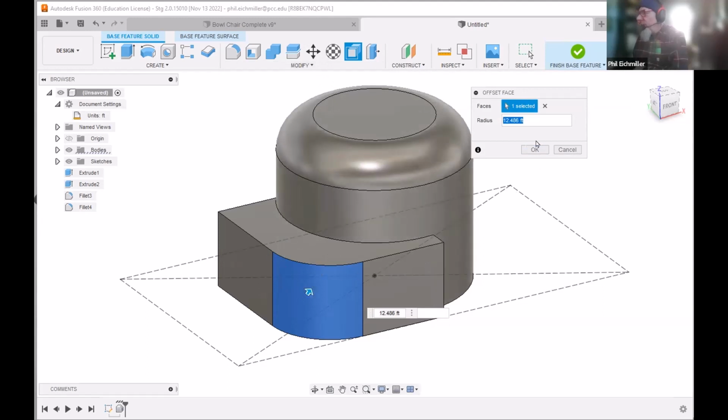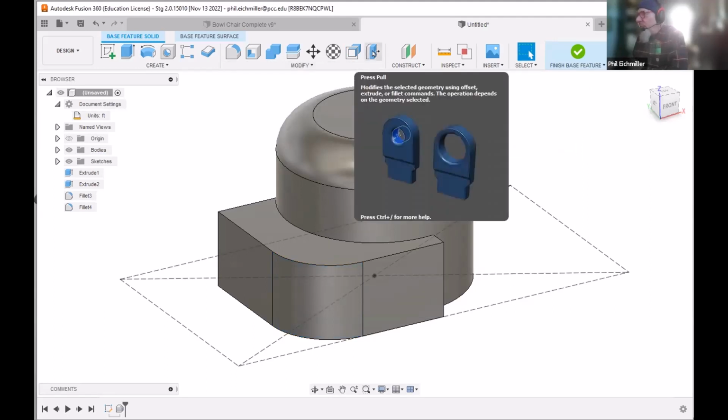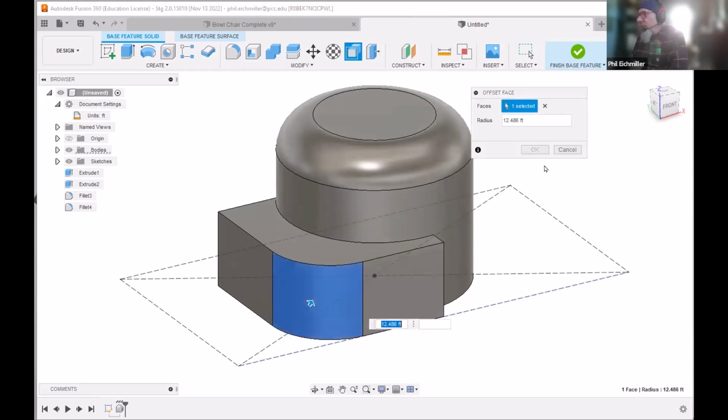So when I go to actually edit this, it seems like it's parametric. It's pretty cool. It's not stored in a parametric table. But when I click this and I click this, you'll see that it knows the radius of that. And that's because it can measure the radius of this arc. It's an analytic surface, or it can measure